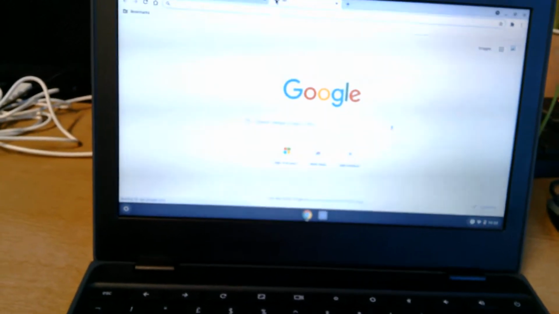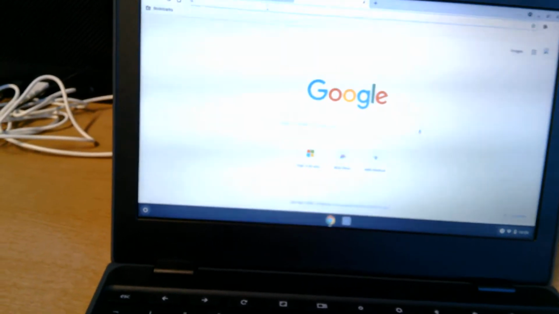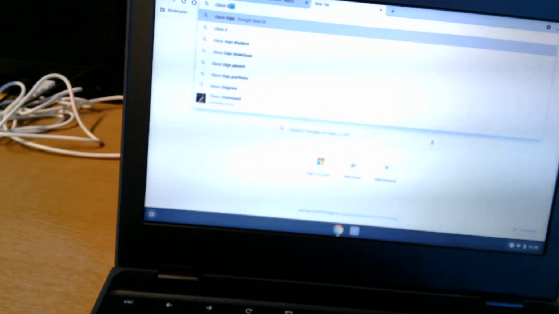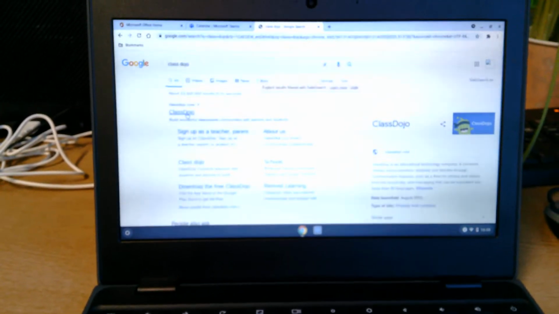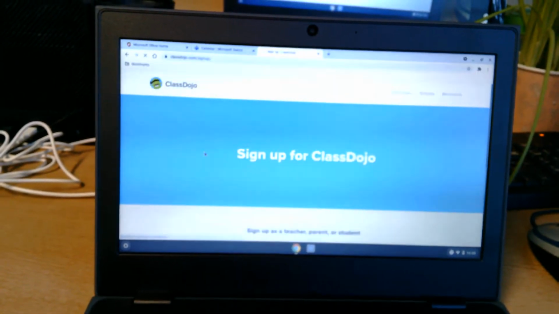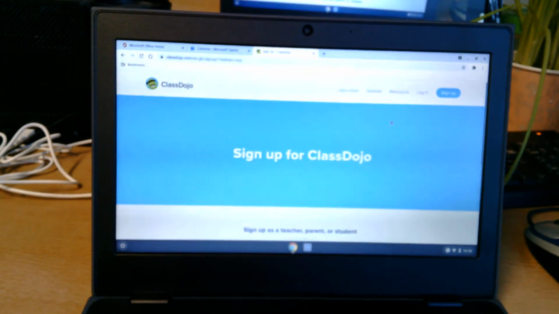I don't think a lot of you use Dojo on the Chromebooks or the laptops. However, if you did want to, again, I'll just show you how you would do that on the Chromebook, which would be exactly the same on a laptop. You just type in Class Dojo, and then sign up as a parent or teacher, log in,